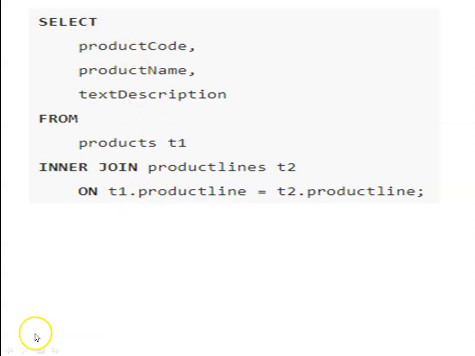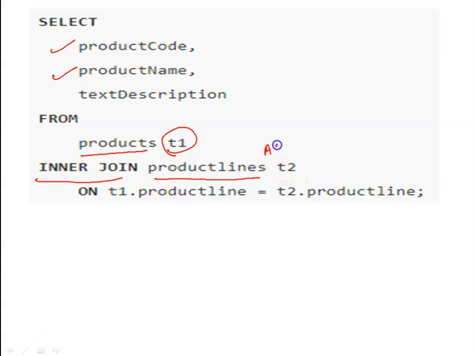In the query I say select product code, product name from the products table. I am using an alias over here for your products table. So I am renaming the products table to T1. The attributes from the products table are product code and product name. Then I say inner join the product lines table and I rename the product lines table as T2.